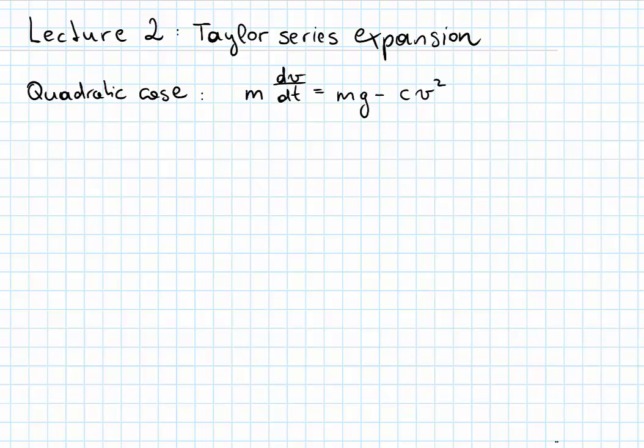So, in class, at the end of the lecture, we discussed the quadratic case of drag, where we had Newton's second law, m dv/dt equals mg minus cv squared. So this was the problem where we had a baseball which was thrown downward. And in this case, we had only the quadratic term for our drag force. We went through the motions and we showed